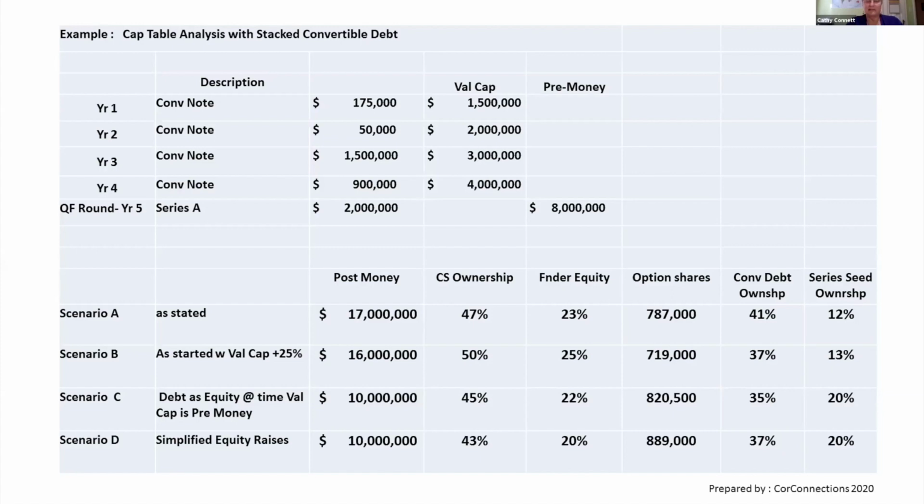Here's a company that's still fairly early and is raising 2 million and will have raised a total of 4.6 million, but a 10 million valuation going into their next round is probably a much more reasonable round expectation than a 16 or a 17 million. Just for grins, I did scenario D, which was more or less the same thing, but simplified, combining the first two notes into a smaller raise. And again, it still comes out fairly reasonable.